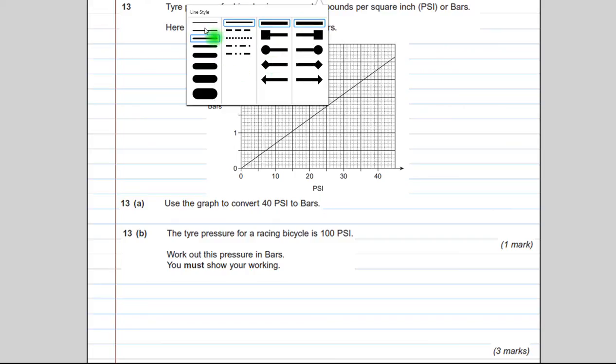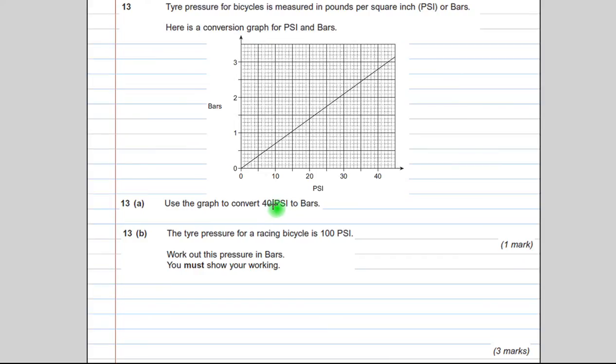So question 13a says use the graph to convert 40 PSI to bars. What you need to do here is take your ruler and go from 40 PSI, which is here, and go up until you hit the graph. Be as accurate as you can,